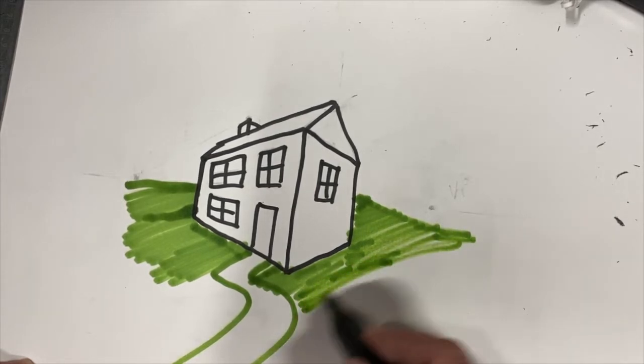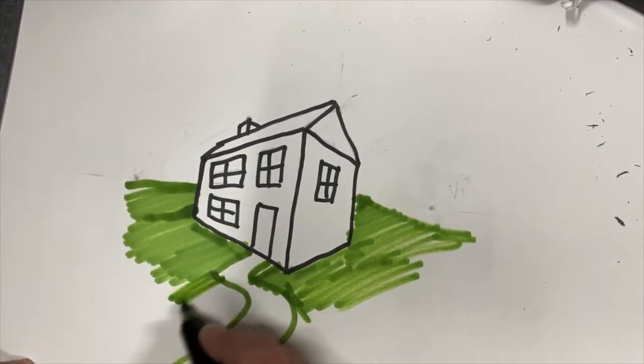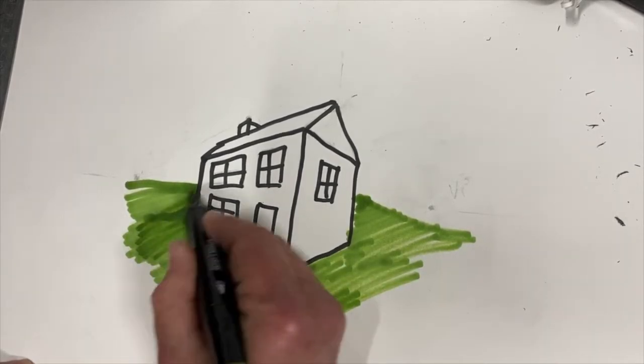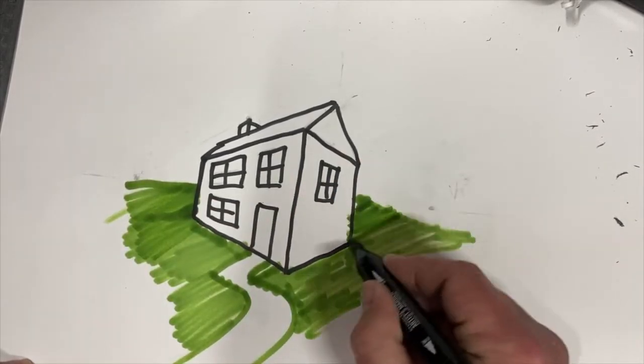And if you're drawing your house, you might not have a path. You might have a driveway. You might have something else. So obviously, drawing your own house, you draw the way it looks. You have a path, or you have a